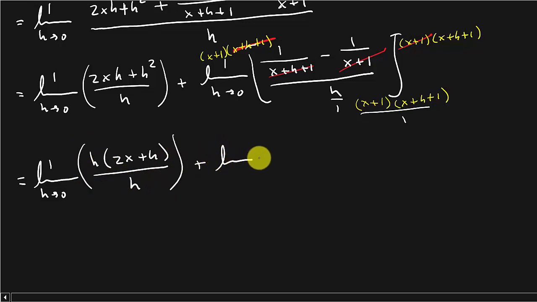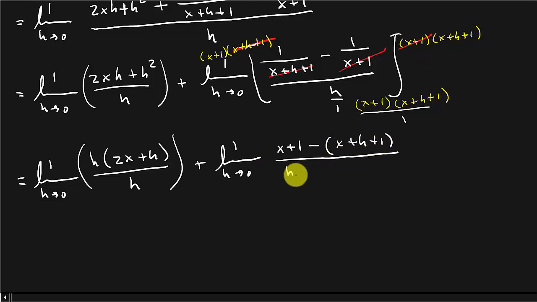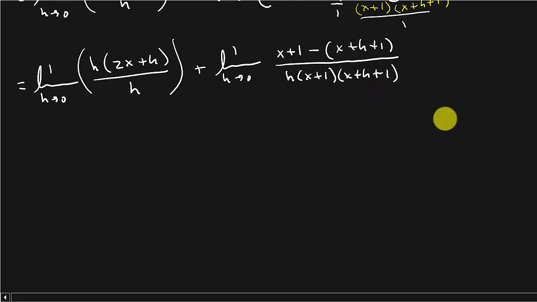And then I've got plus the limit as h goes to 0. So I've got x plus 1 times 1, so that's x plus 1, minus, and then what am I left with? x plus h plus 1 over h times x plus 1 times x plus h plus 1. All right, so I think this is going to work out pretty nice here. And so you can see the h's cancel, and we're left with the limit as h goes to 0 of 2x plus h